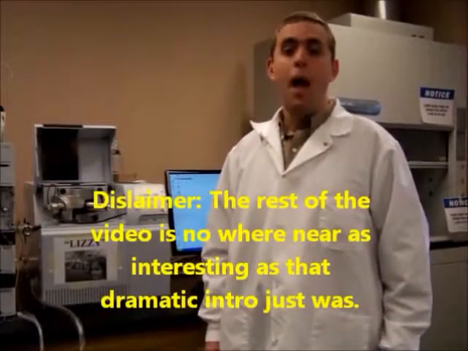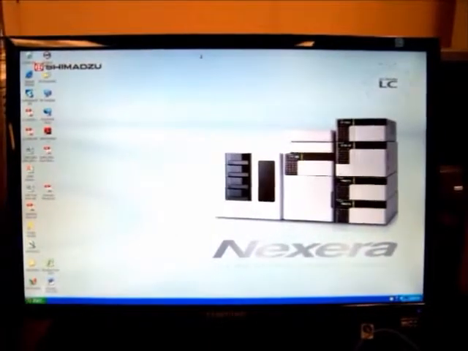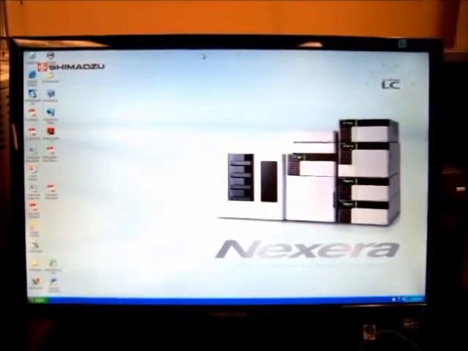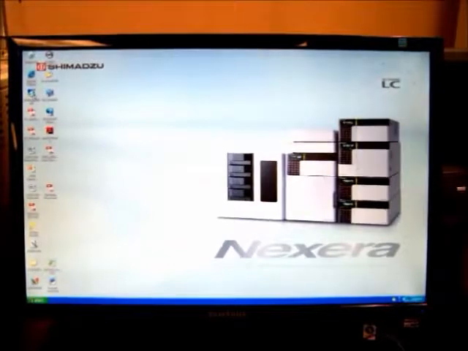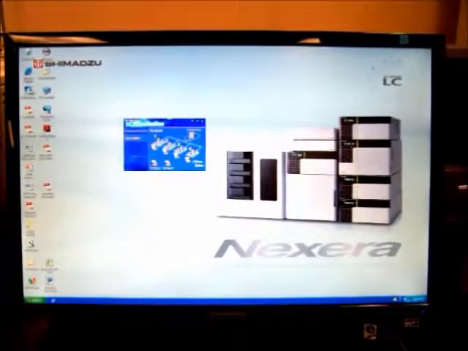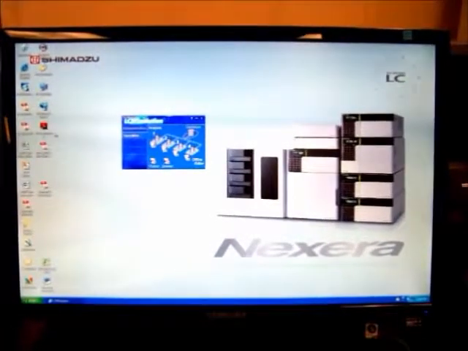this instrument. But in order to do so, we first need to set the machine up. The first thing we need to do is work with the computer. Select the LCMS solution icon and double-click it, which will bring up this dialog box, which gives you a variety